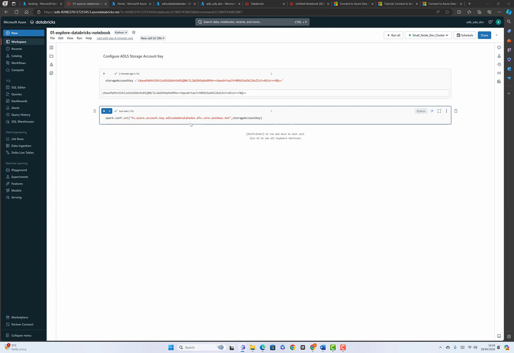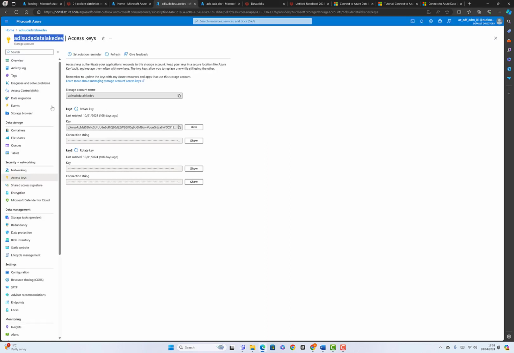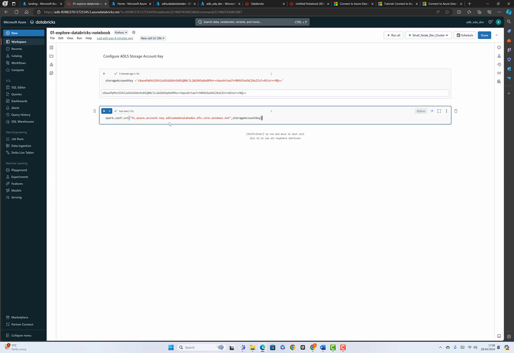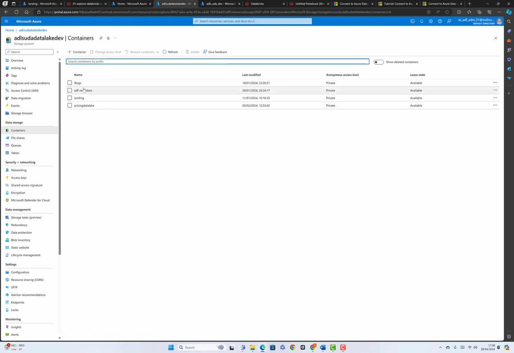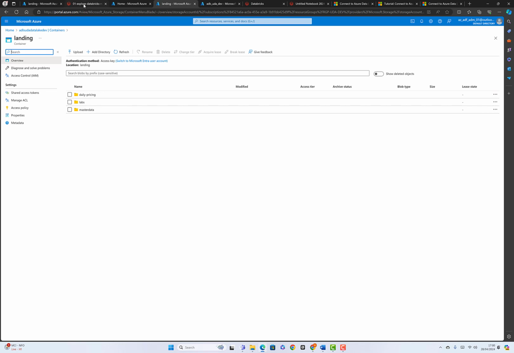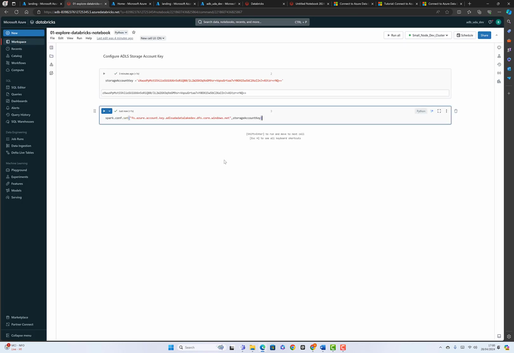Now we can browse the data from our Datalake storage account using Spark, because this Spark configuration is set to read the data from this Datalake storage account. That's what it meant. From the containers, you can read all of the data existing inside the Datalake storage account. This was the one we were struggling on last week, so we are able to connect it. I tested this one. It should work. Now,